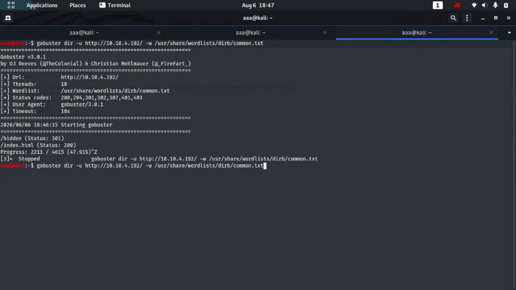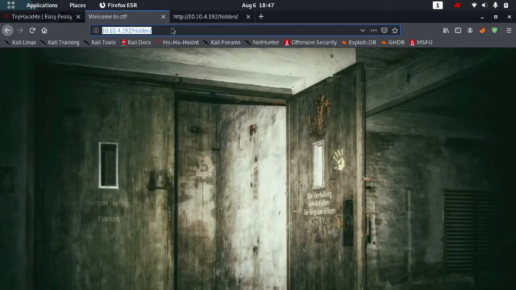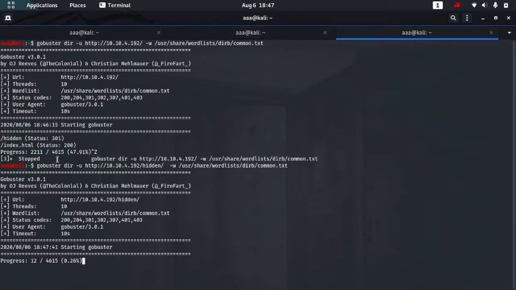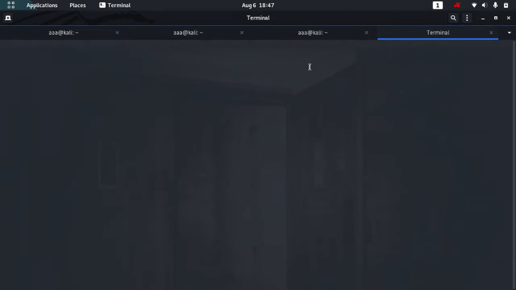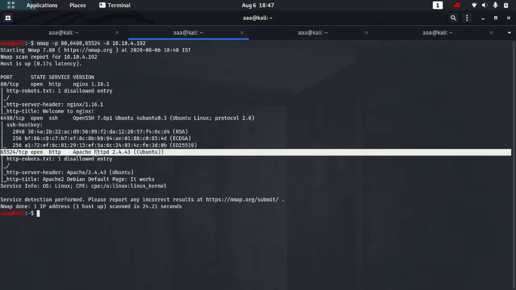So let's do a GoBuster scan again, and this time we'll be adding the hidden directory as well. We also figured out there was Apache running on another port.